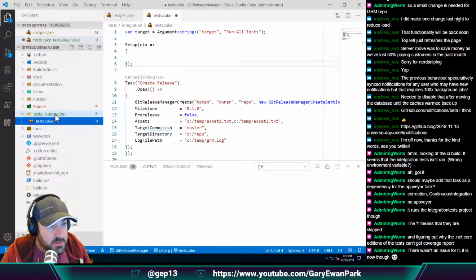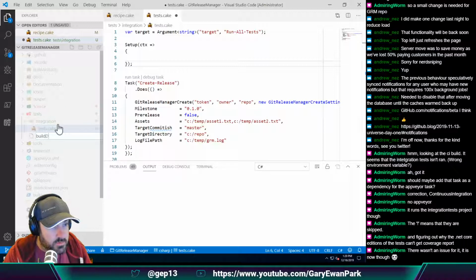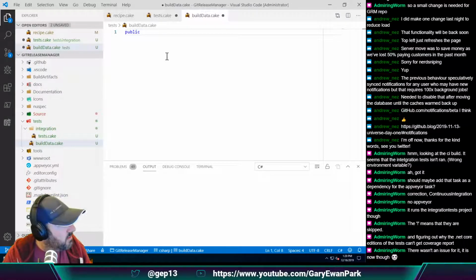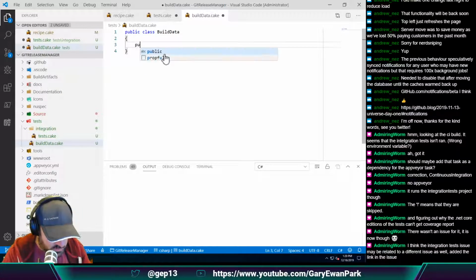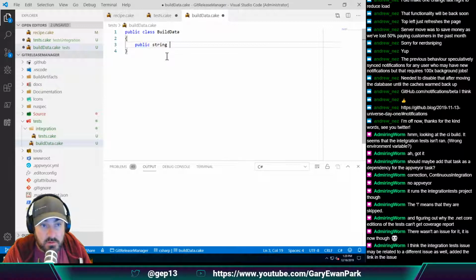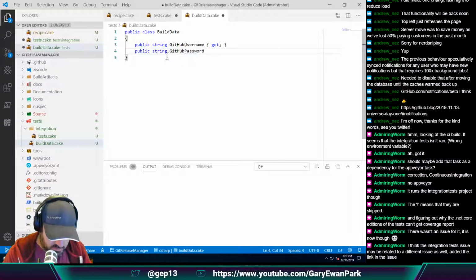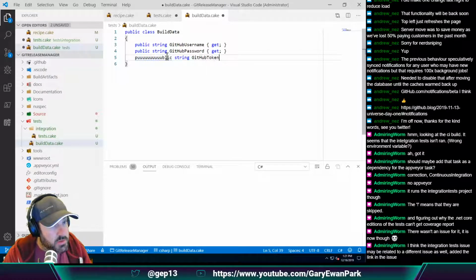and let's go in here and create a new file called builddata.cake. Public class BuildData, and then here I'm going to put a public string GitHubUsername, get; public string GitHubPassword, get; public GitHubToken,